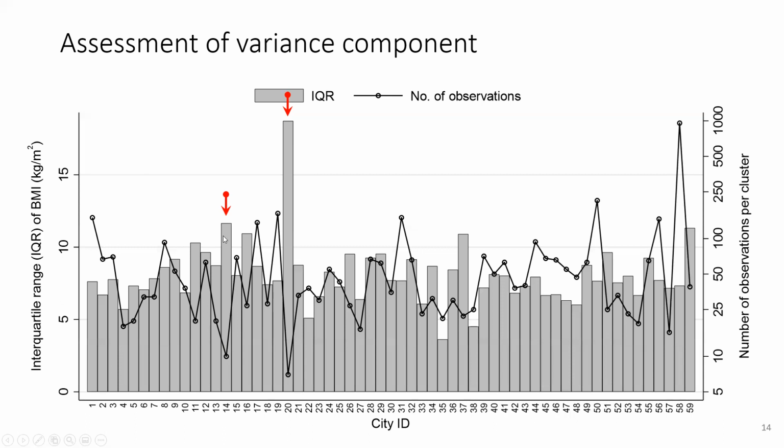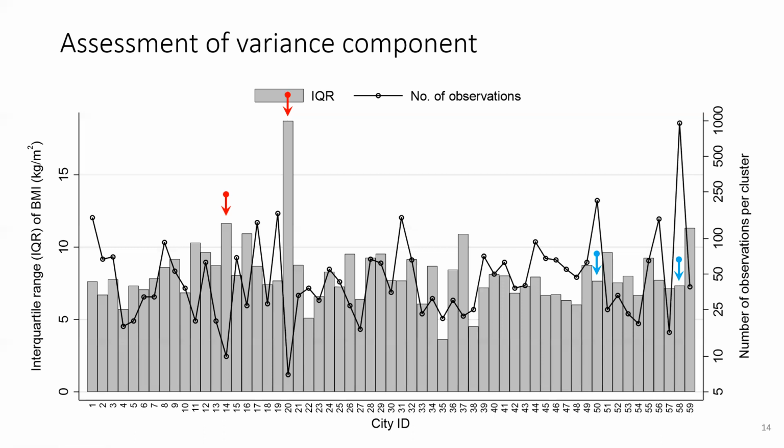Well, IQR is about 12, which is also high as compared to others. And let's look at the opposite direction. Two cities which have somehow big sample size. City 58 has about 950 observations, I think, and the IQR is about 7.5. And I assume that this IQR is somehow more accurate as compared to other cities because of the larger